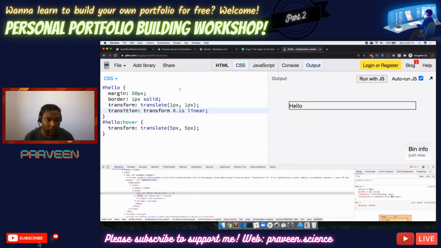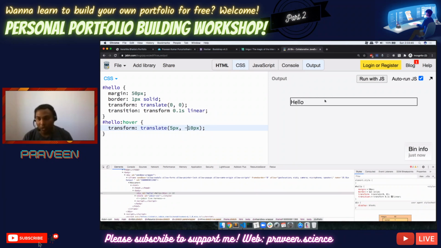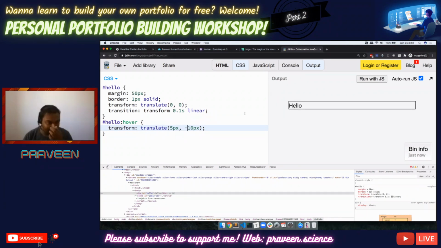Okay. So 0.5 seconds is very slow. So let's do 0.1 second. And let's make this 0 px and 0. Actually, if you are giving 0, you don't need to give px. So 0, 0. Boom. Look at this. So this is what translate does. If you give a positive value, it's going to go left to right, and if we give a negative value, it's going to go right to left. The same thing with this one: a positive value goes from top to bottom, and a negative one goes bottom to top. Okay. I hope this is clear. So this is what translate does.